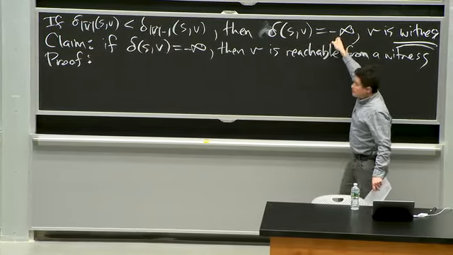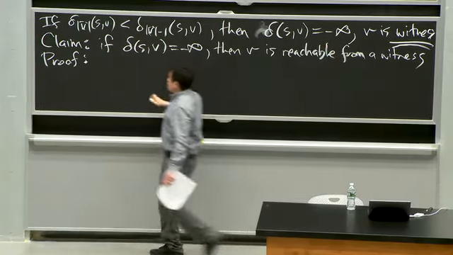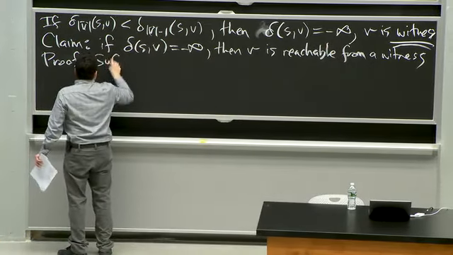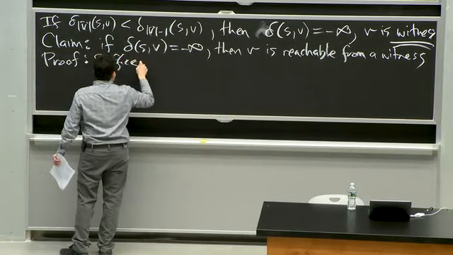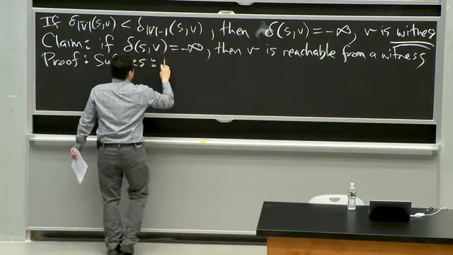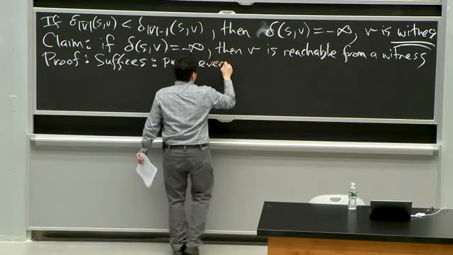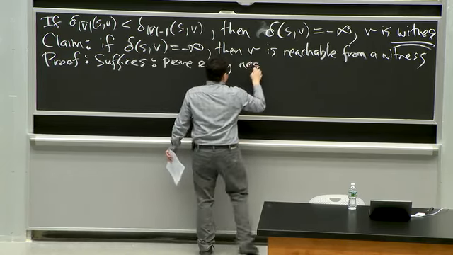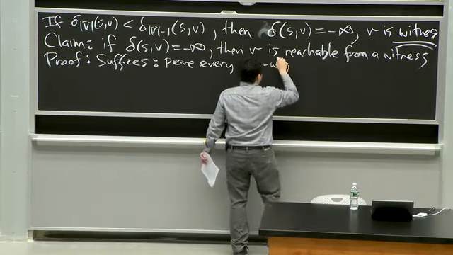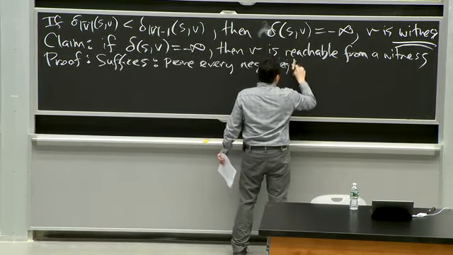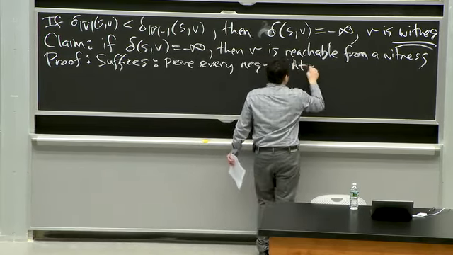So, if we can prove that every negative weight cycle contains a witness,